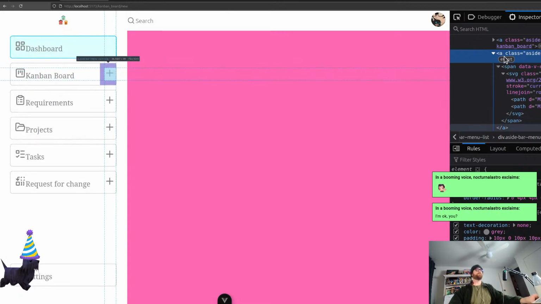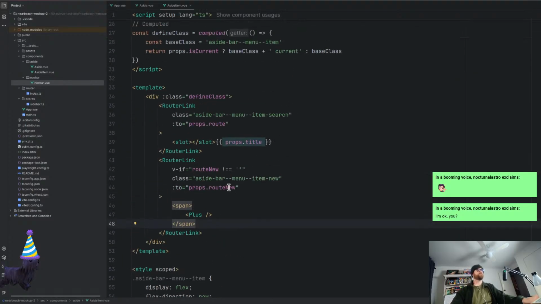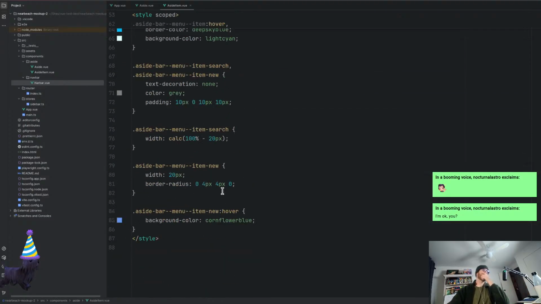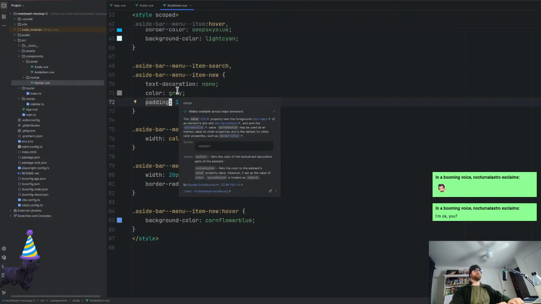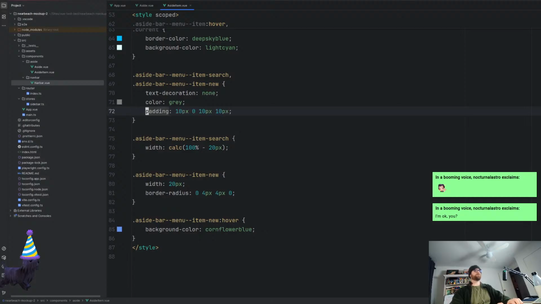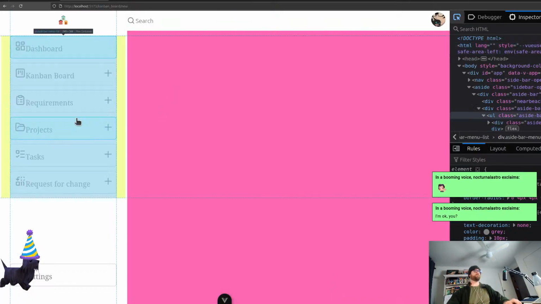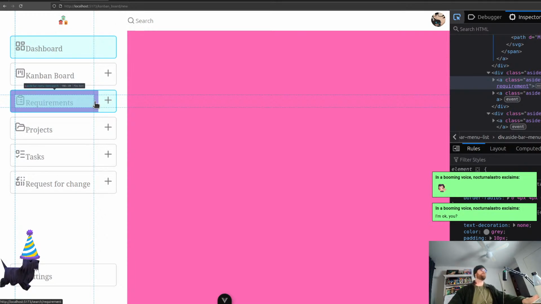I think I know what's going wrong. All right. Cool. I just noticed something. We've got padding on that one. So this particular padding is only meant to go in the search. Unless we change all the padding, unless we do all that, that works perfectly fine. All right, cool. Now the other thing is,